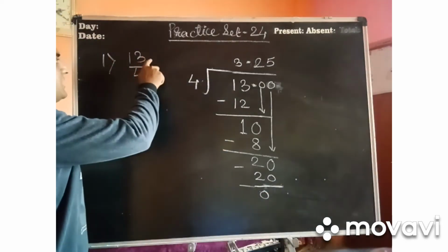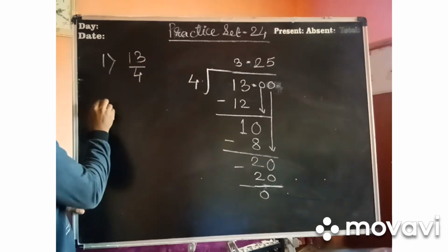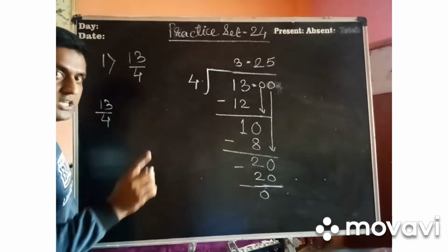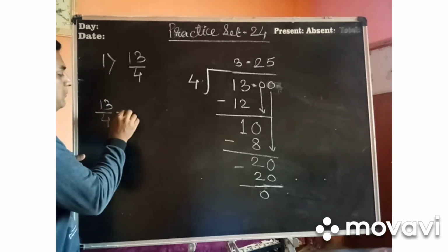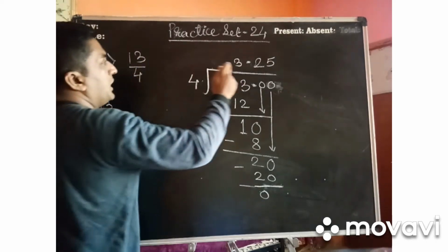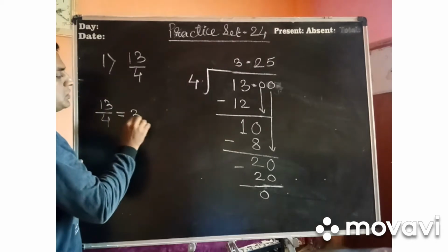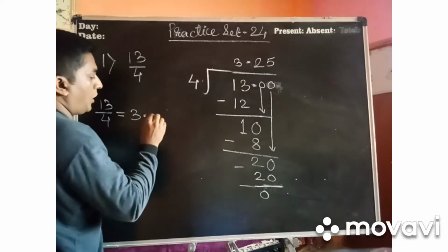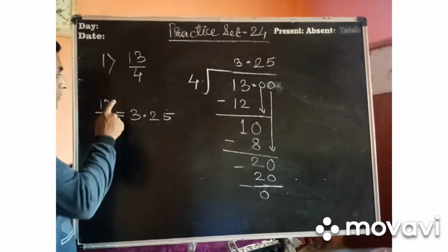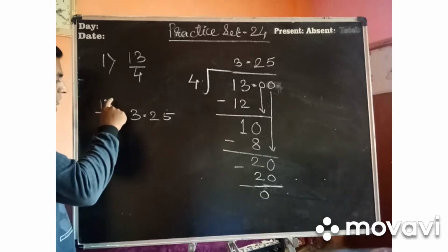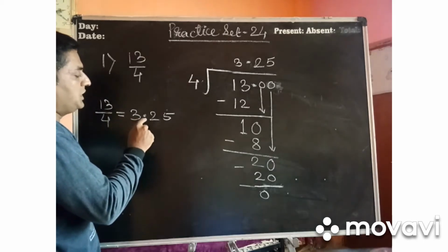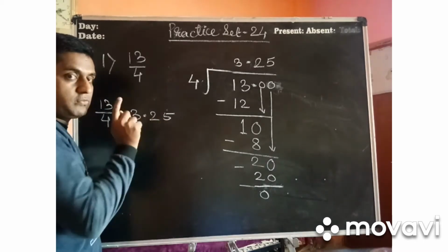Now see, what is the answer of this 13 upon 4? So I will write 13 divided by 4. It is a rational number, obviously in the form of P upon Q, and can be converted in its decimal form. And what is the decimal form of 13 upon 4? It is 3.25. So I am writing 3.25, and this is your final answer. So the decimal form of a rational number which is in the form of P upon Q is equal to nothing but 3.25. This is your final answer.